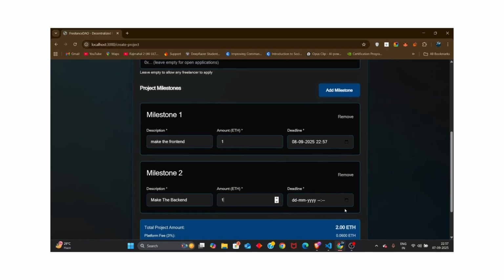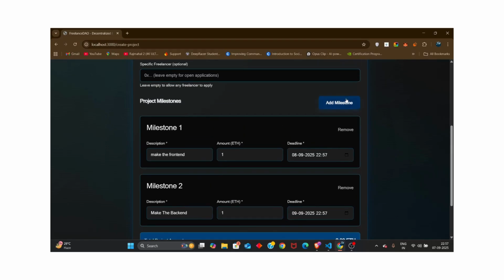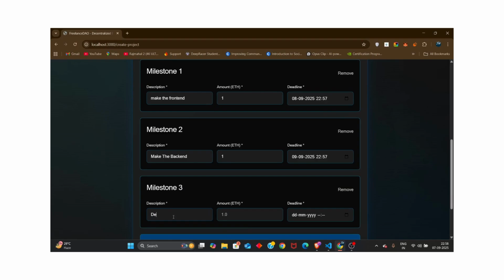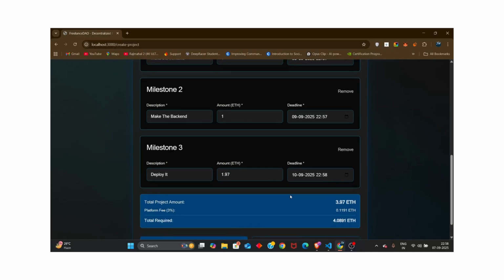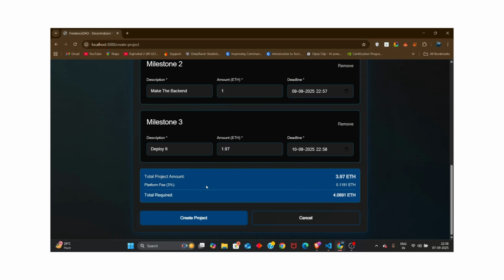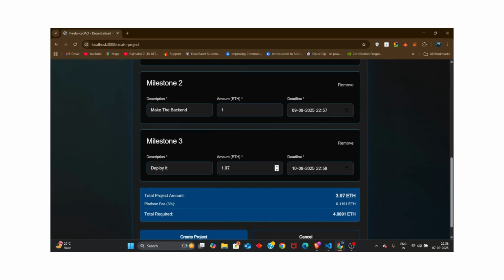This will be make the backend. One Ethereum for this also, and this will be after 1 day. Okay, let's add another milestone for deploying. Let's add deploy it, and for this you will get two Ethereum. This will be on 10th September. So as you can see, the total cost of this is